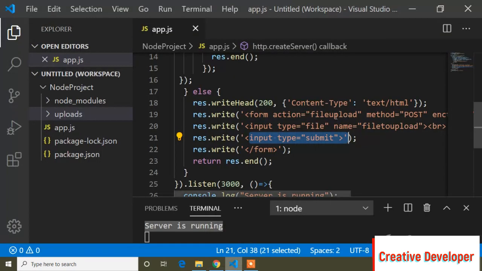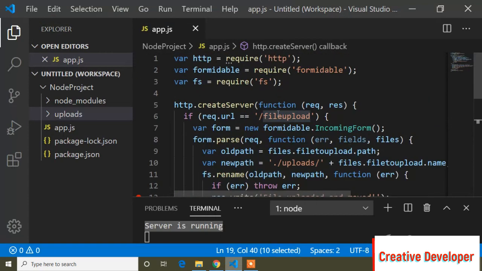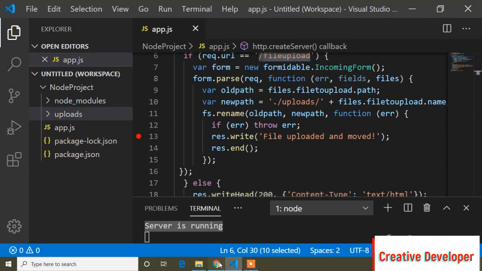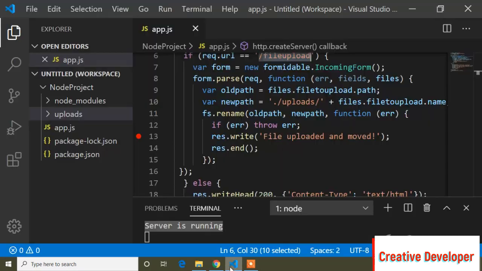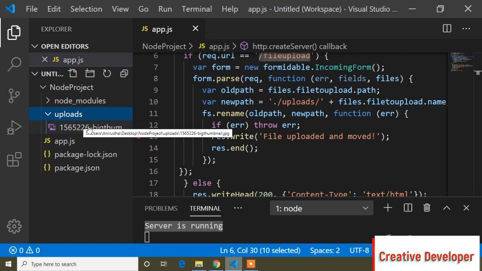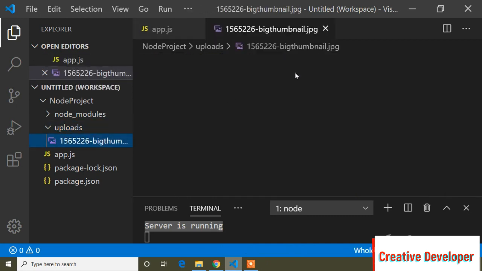Here you can see it moved to the file upload URL, because the form action is file upload, so the URL changed to file upload, and you can see file uploaded and moved. So I will go to Visual Studio Code and refresh, and check the uploads folder. You can see it added this image.